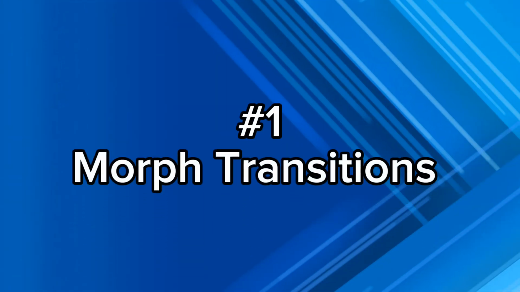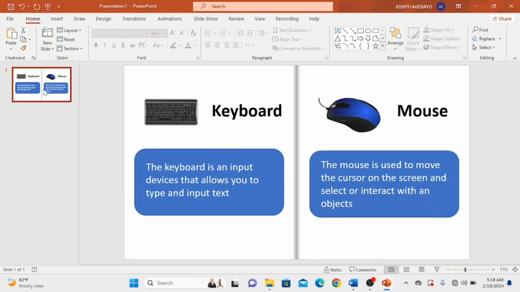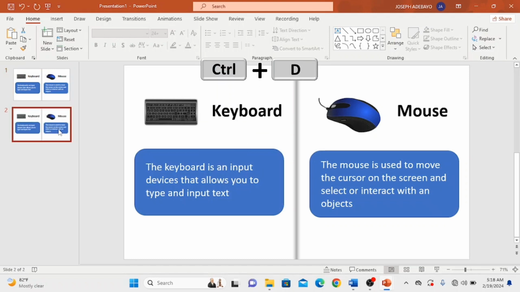Number 1, Morph Transitions. Morph Transition allows you to easily move from one slide to another in a smoother and more professional way. Let's see how we can apply Morph Transition in our PowerPoint design. Firstly, let's duplicate this slide. In order to do that, click on this current slide, then press Ctrl D on your keyboard in order to